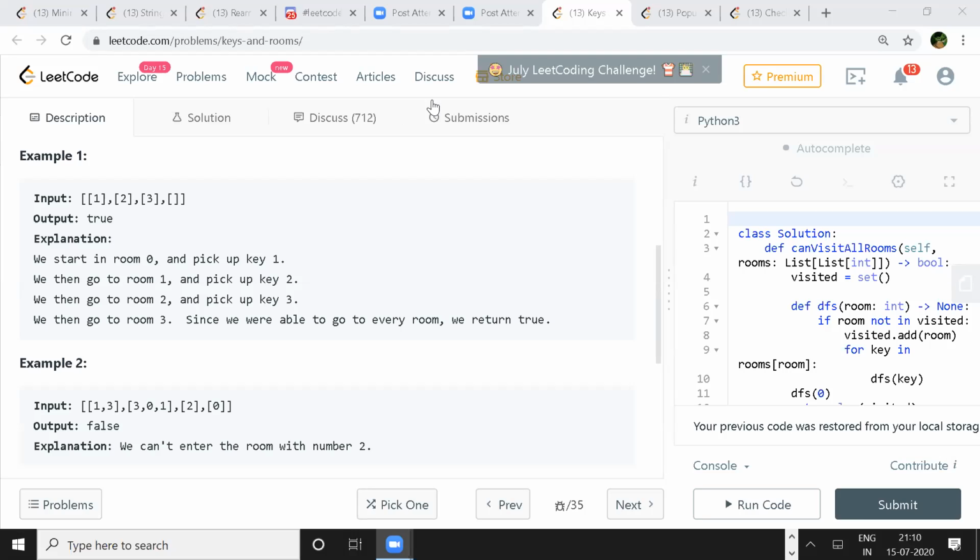No, because if the interviewer says we can modify the input array, then it is good, because 0 is always visited. So what I'm saying is that if you reach some room and that room is unvisited, you put that room in the visited set, and that is how you mark something visited, right?